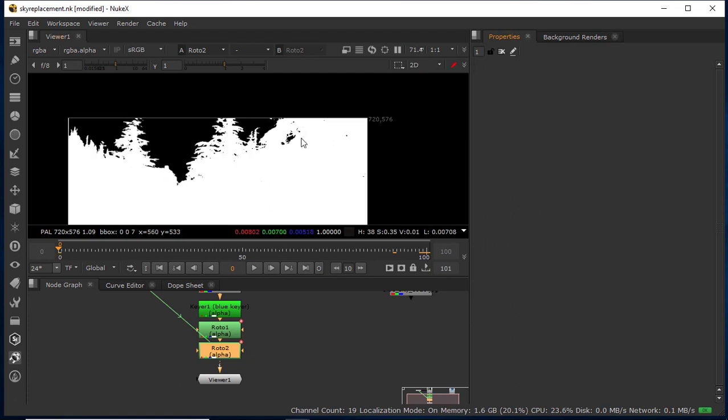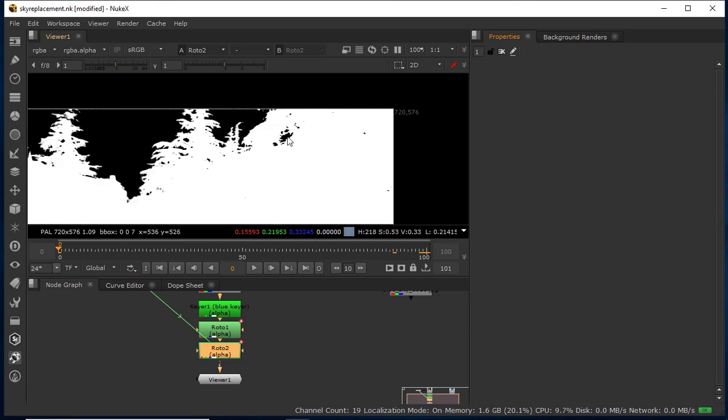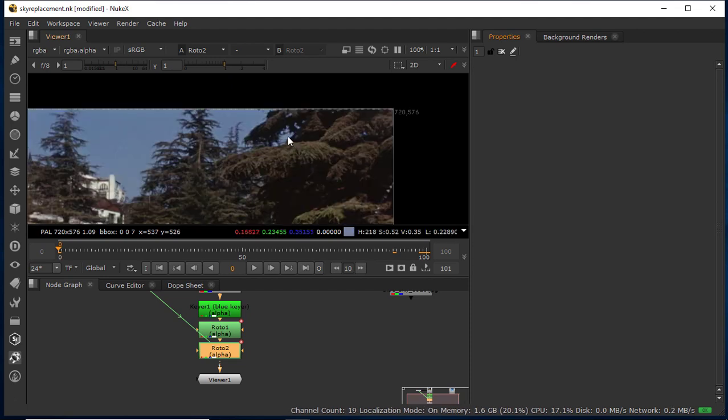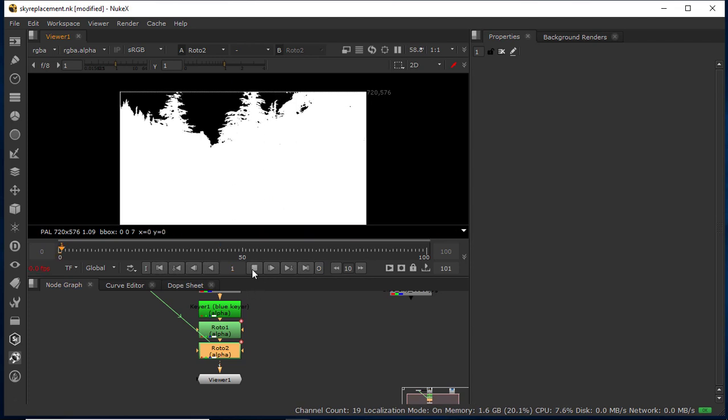Clear all parameters. Now here if you want to check, press A. So here you will see this is your background, means this is your sky. So this black is correct. So this one you do not have to fill up, otherwise it will create a problem because this is your sky. Again you will see a few tiny points are here. So these are your sky. So now just simply press A. Now just play and check.